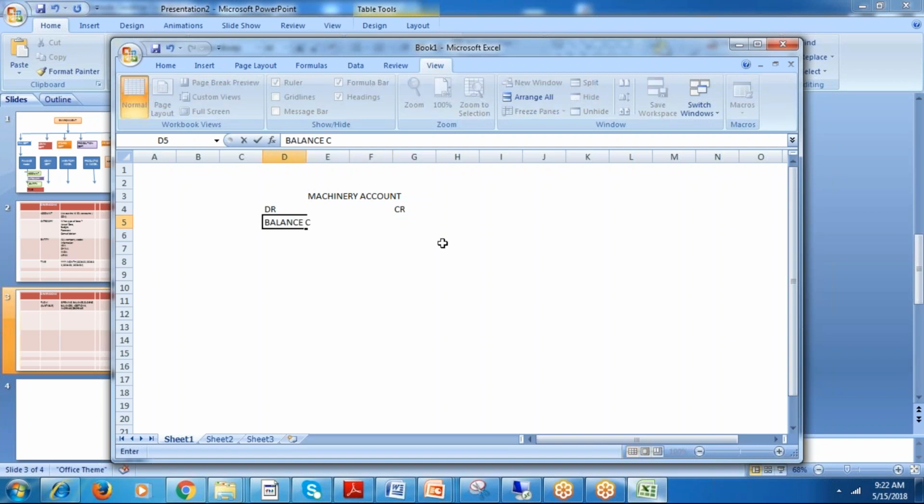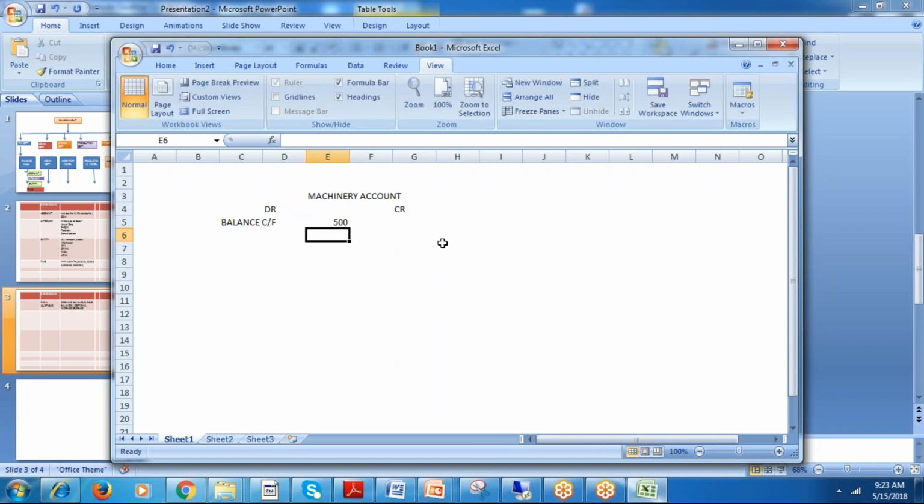Balance carry forward: I am bringing last year's balances to this year's account, the last year closing balances as opening balances in this account, like